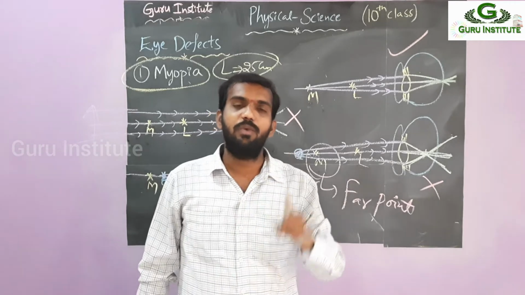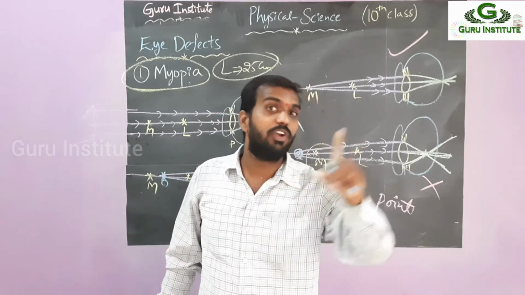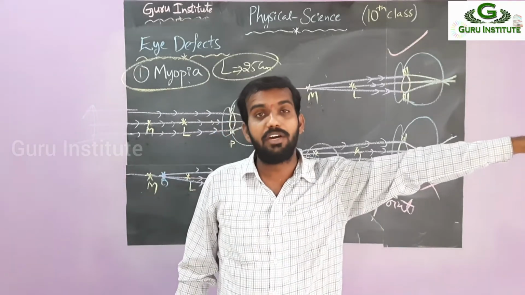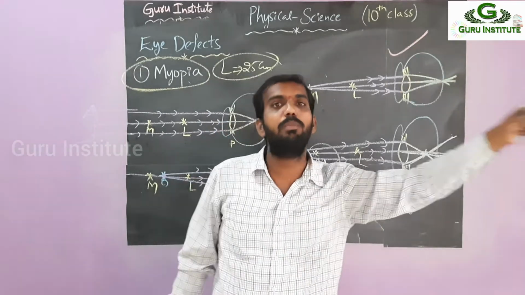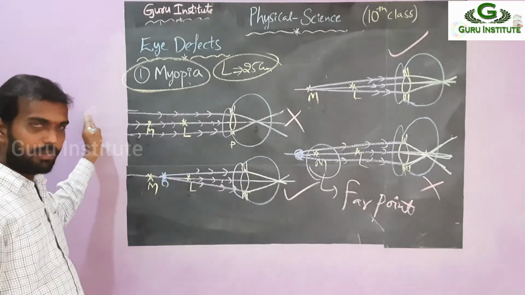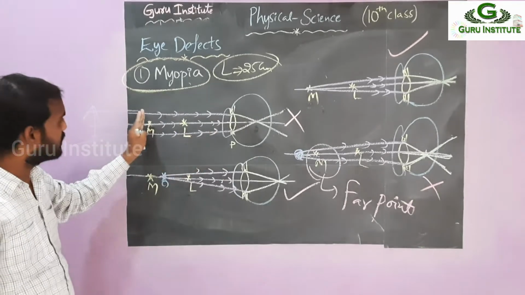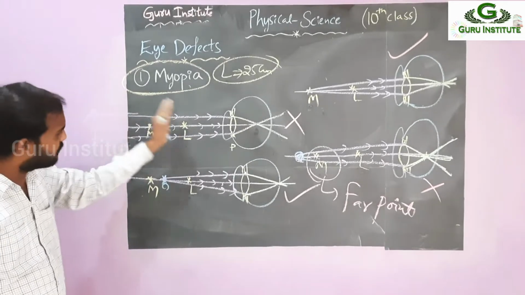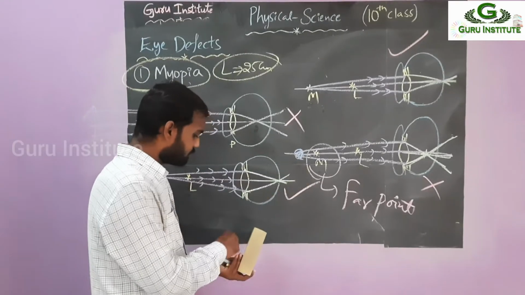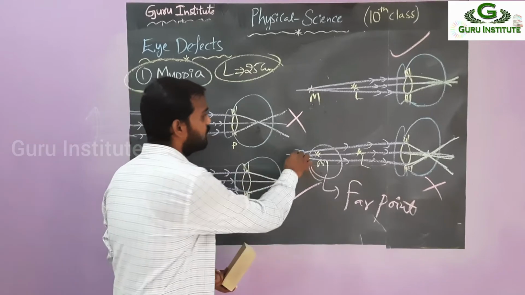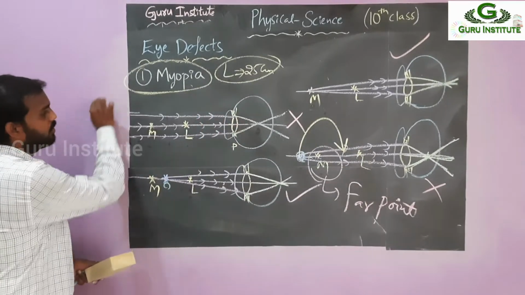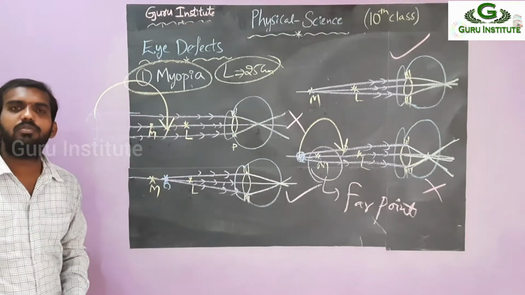So that's why we can't shift the object, we can shift the image of that object, from that point to between M and L. Whichever objects are there after M, we can shift from after M to between M and L. Here the M position is there. After this point, the object you have to shift between M and L. Then this object is also visible. Here after M is there. If you shift this one to here, then automatically what happens? It becomes visible. If you shift from after this point to in between, it is easier to see.